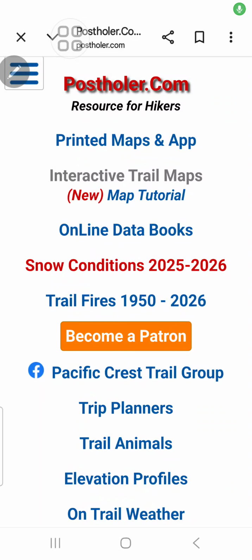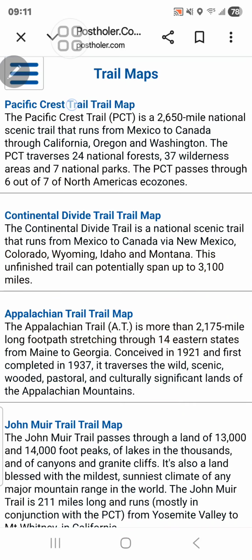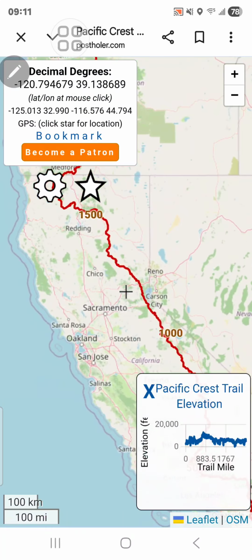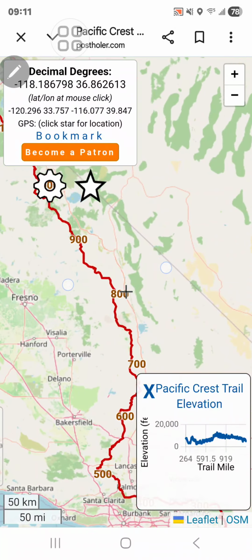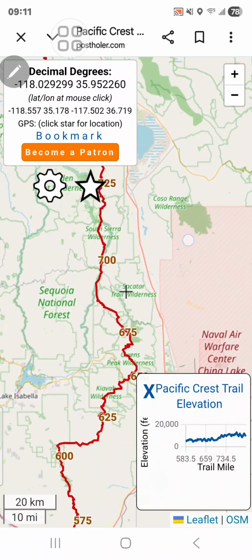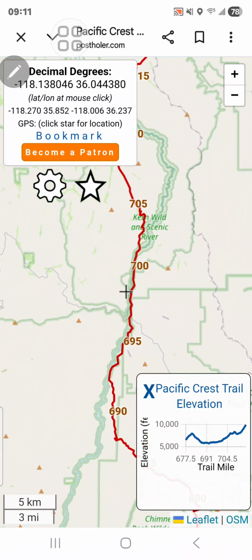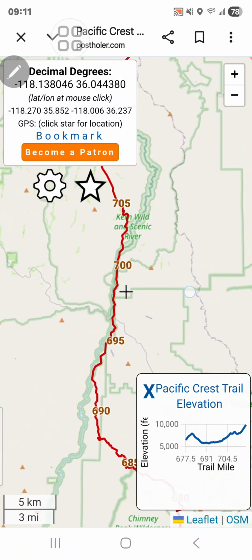On Postholer, I'm going to hit interactive trail maps. That's for the Pacific Crest Trail right there. Then look at the very bottom right for elevation, and that will change when I zoom in. For instance, I'm going to zoom in to about mile 700, and you can see that at 677 down there, lower right,